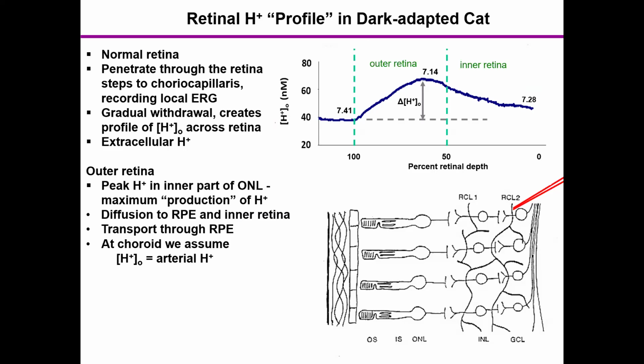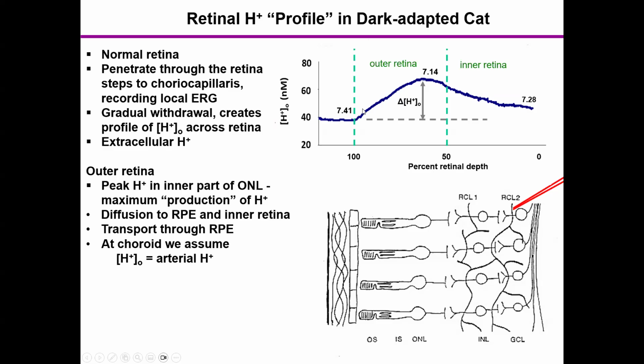So in the outer retina, there is always a peak in hydrogen ion concentration. And the fact that there's a decrease both toward the choroid at 100% retinal depth and toward the vitreous at 0% retinal depth means that hydrogen ion is essentially produced there, and then it diffuses down these gradients toward the choroid and the retinal circulation in vitreous. Of course, at the back, it's transported through the RPE into the choroid,